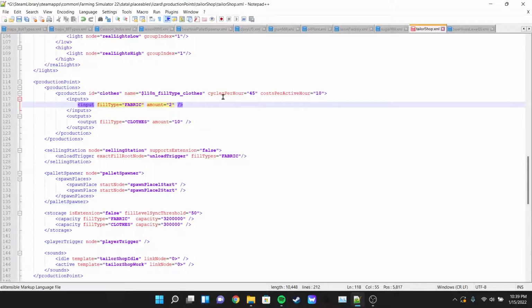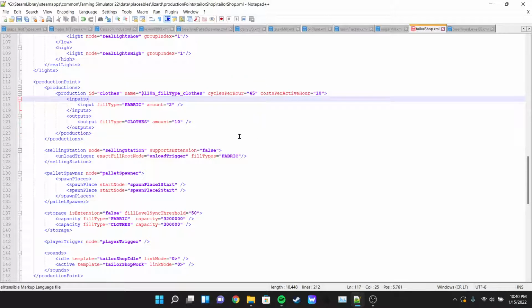You can also modify cycles per hour. Basically, that's the same thing as beehives. Think of it as you're making them this many times per hour. Making 10 clothes out of 2 fabric 45 times an hour. But it costs you this much